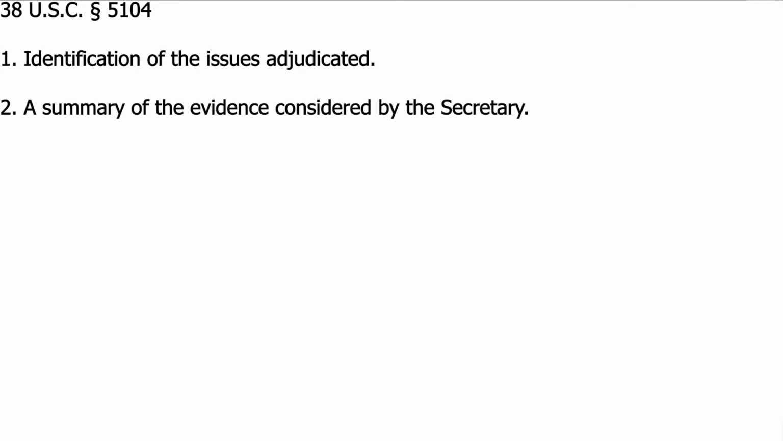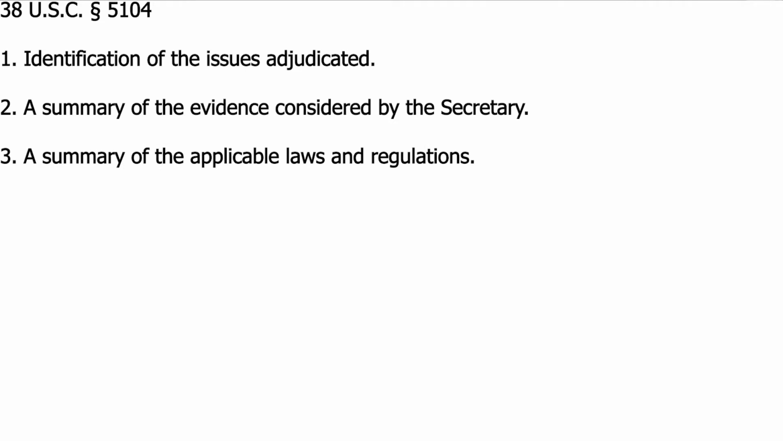38 U.S.C. section 5104 requires that the VA sends you and your representative, if you have one, notice of any decision they make regarding your claim for benefits, any benefits. And the statute goes further and explains that the VA is supposed to include some specific things with that notice, things such as identification of the issues adjudicated. This is generally an identification of all the disabilities that you've claimed that they've made a decision on in the decision that you're receiving. A summary of the evidence considered by the Secretary, a summary of the applicable laws and regulations,